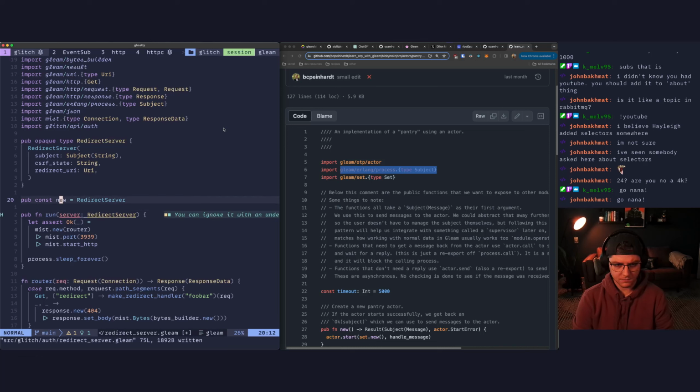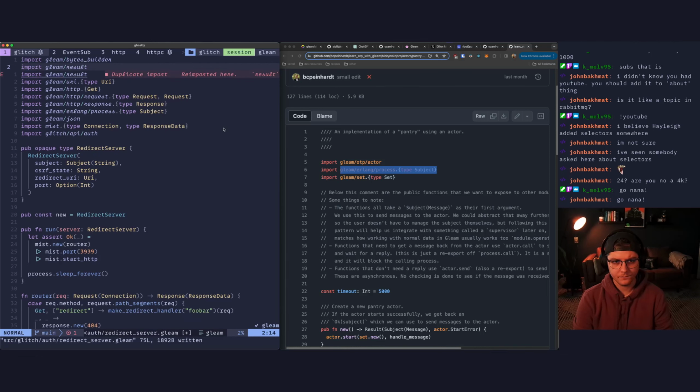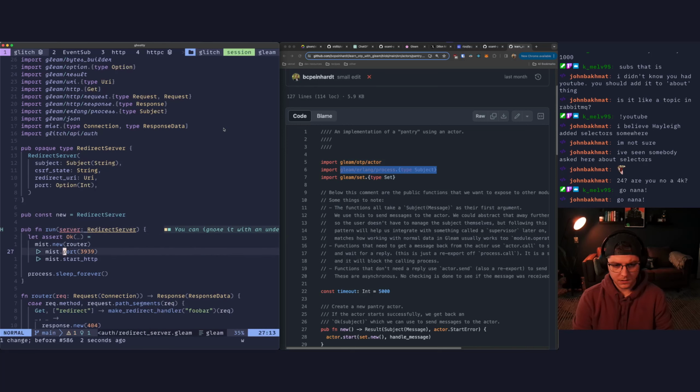And this will need a port, so we should let them configure the port too, which we can make optional. So let's say this is going to be an option number or int. I wish options were in the prelude. It's kind of annoying, but option type. So let's say we get server.port and it'll be server.port